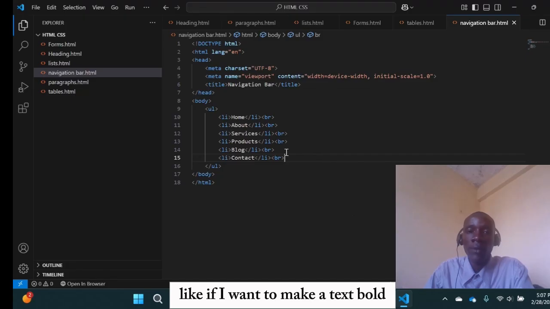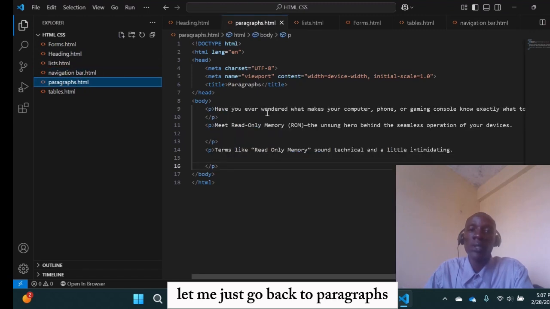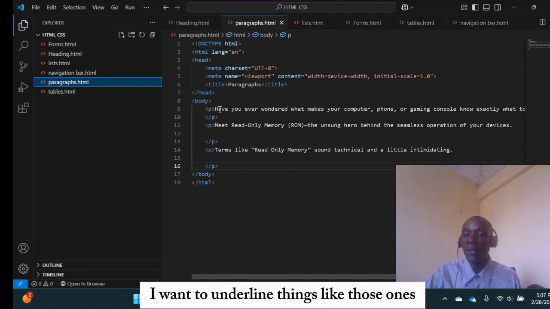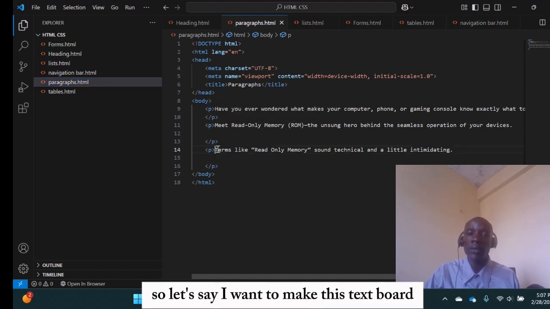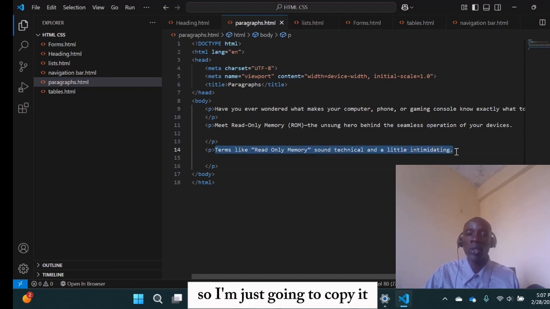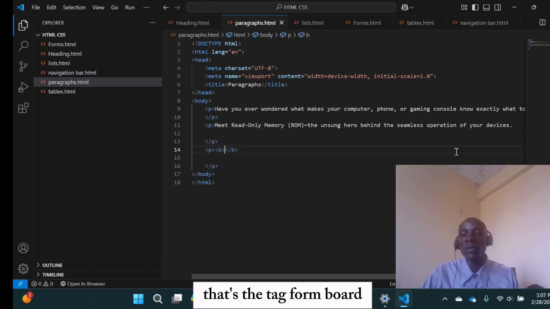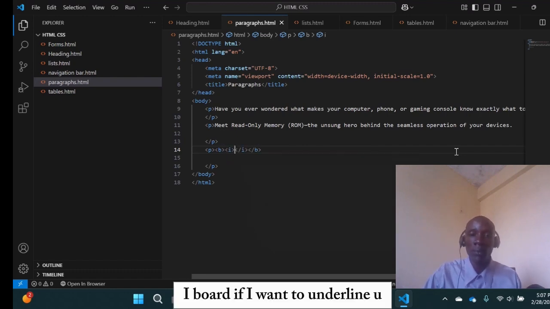And then we have some special characters. Let me just go back to paragraphs. If I want to make a text bold, italicized, or underlined, things like those ones. So let's say I want to make this text bold, so I'm just going to copy it, cut, and then write the tag B. That's the tag for bold. If I want to make it italics, I. If I want to underline, U,